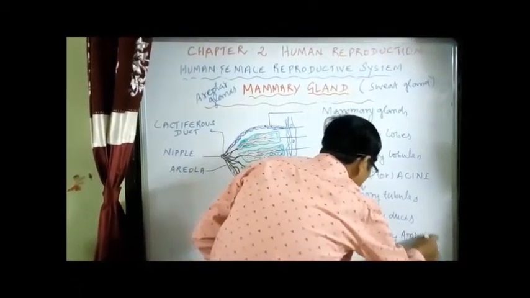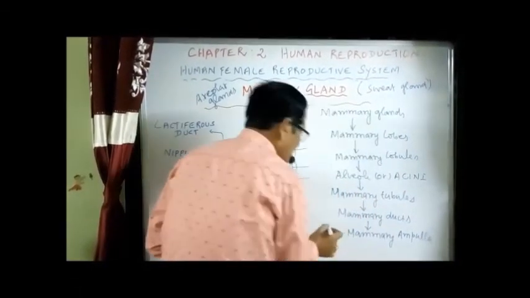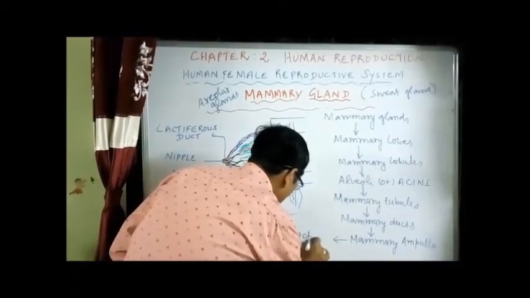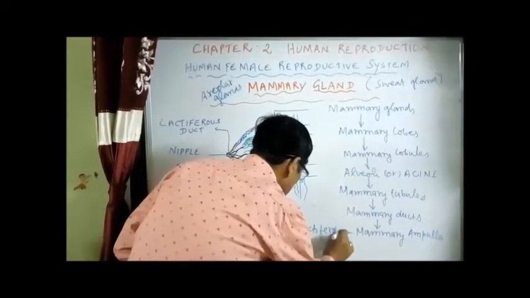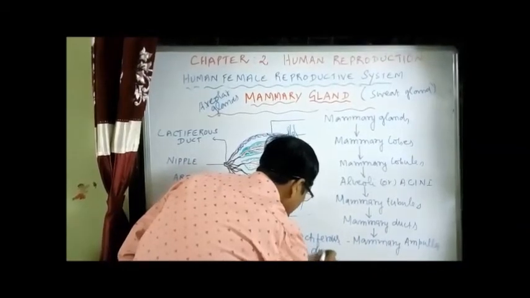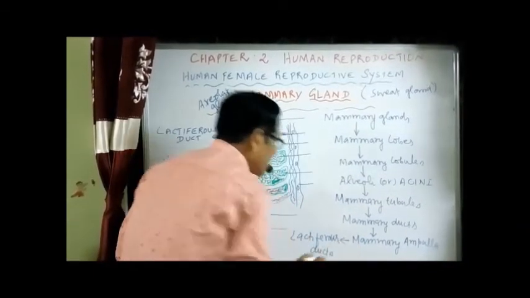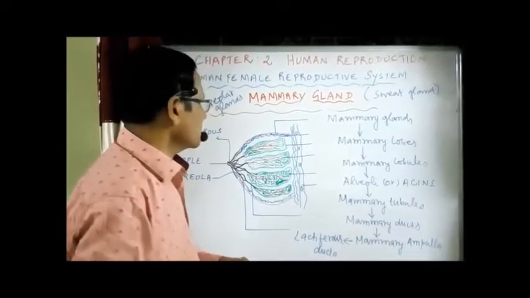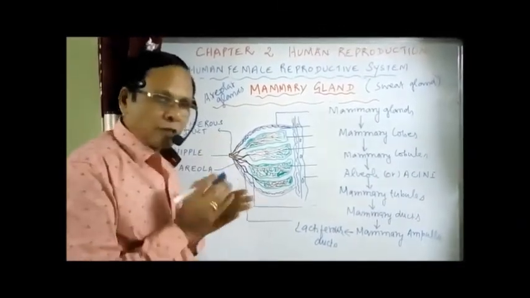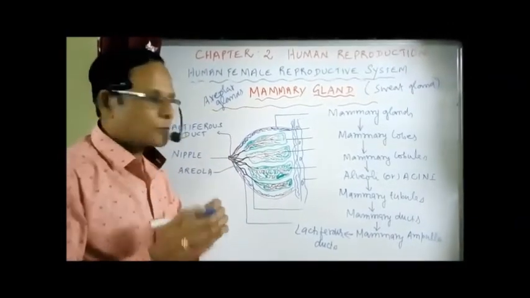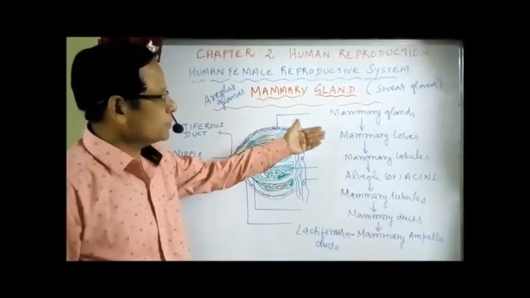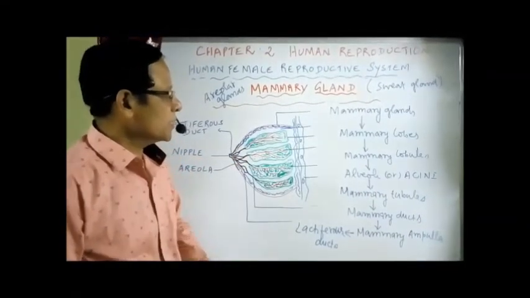Then the mammary ampulla leads to the nipple in the form of the lactiferous duct, which leads to the external side on the surface of the nipple. They separately open on the surface of the nipple by means of small pores. This is the hierarchy. The mammary gland is made up of mammary lobes, which are made up of mammary lobules,